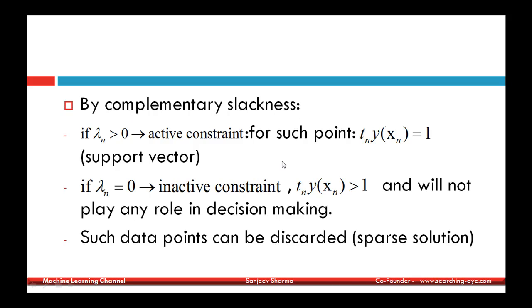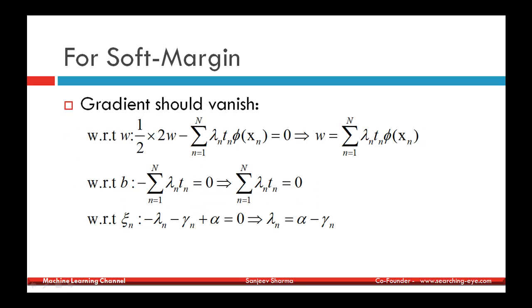This states that a point which lies on the margin is a support vector for the hard margin problem. And now we will apply the same steps to the soft margin problem. First we'll differentiate with respect to W, which again gives the same solution for W. Then we'll differentiate with respect to b, and we get the same constraint, that is, the sum over n